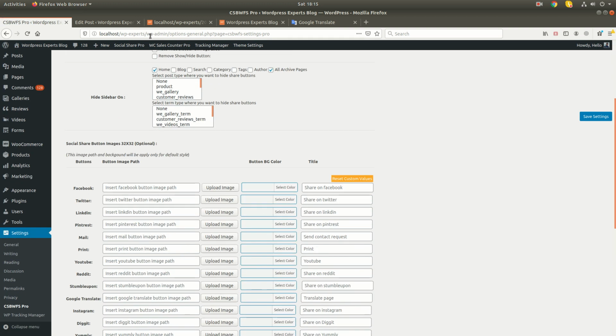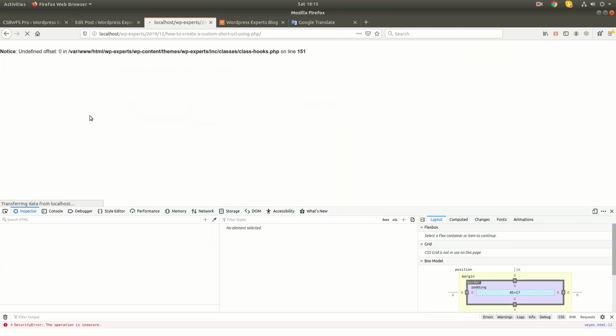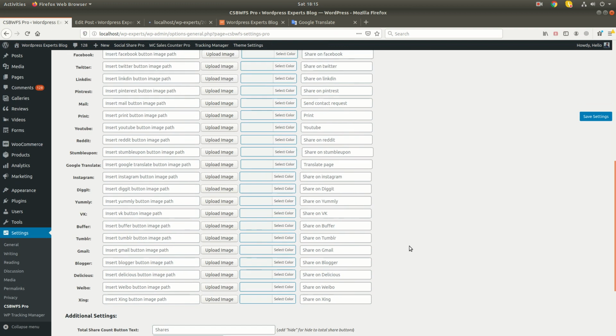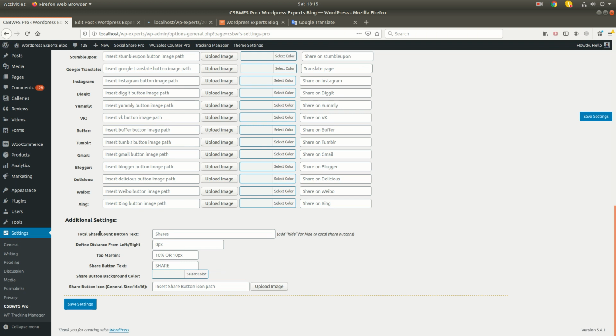See, let's go on default. The Facebook button is now showing here. Okay, so these are the context. You can select the context here. You can define the distance, position, left, right. You can define the top margin. Okay, if you want to give like 40% of top,